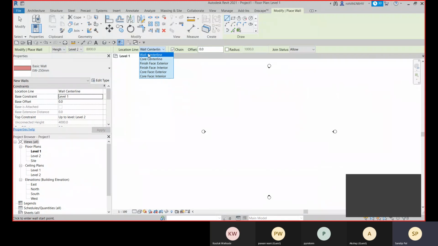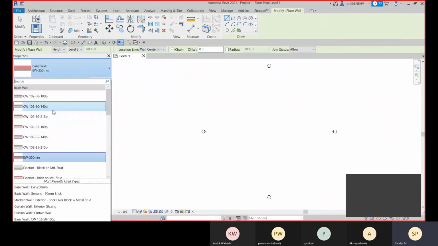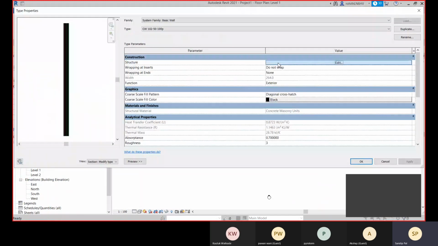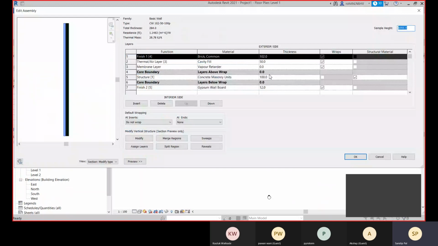Now we have placed all the layers equally, so right now the wall center line and core center line are equal. But suppose on the exterior side there is any change. Let me show you this also. For this wall, you see that to this side we have much thickness, and to this side we have less thickness.